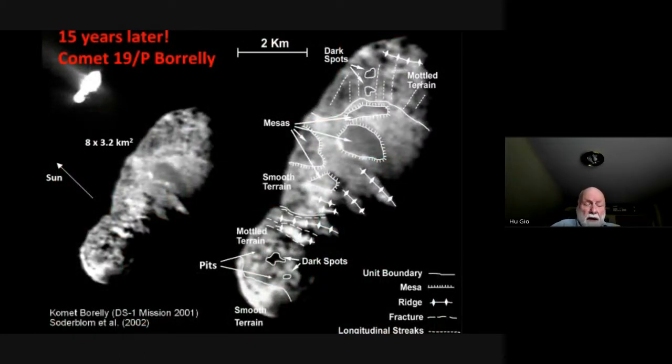This was in 1986. And about 15 years later, the next mission went to Comet Borrelly. It was the DS-1 mission, an American mission. The body of Comet Borrelly looked quite similar to what we had observed in Comet Halley. It looked also bilobal, and you clearly could also see geological features like ridges and mesas and whatever you want to call them, mottled terrain, pits, and so on. And this comet, in contrast to Comet Halley, had very low activity.